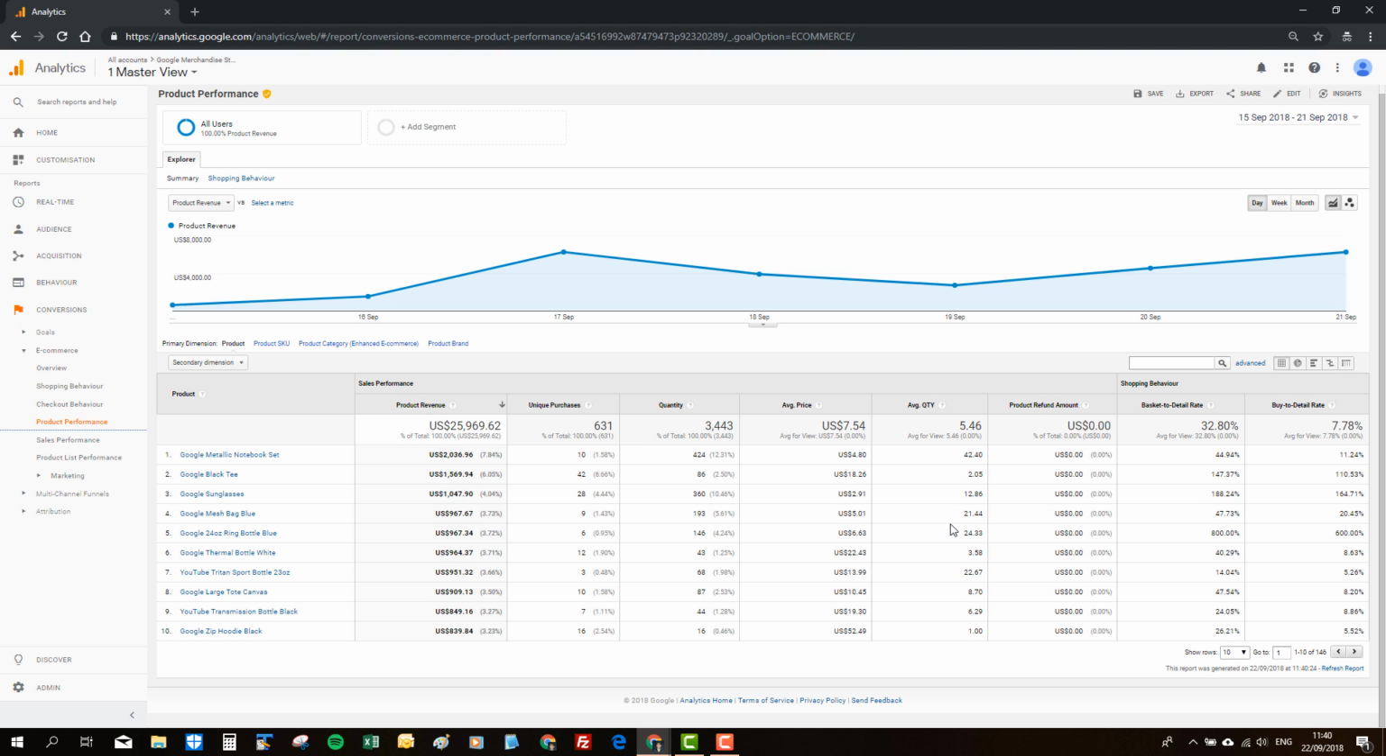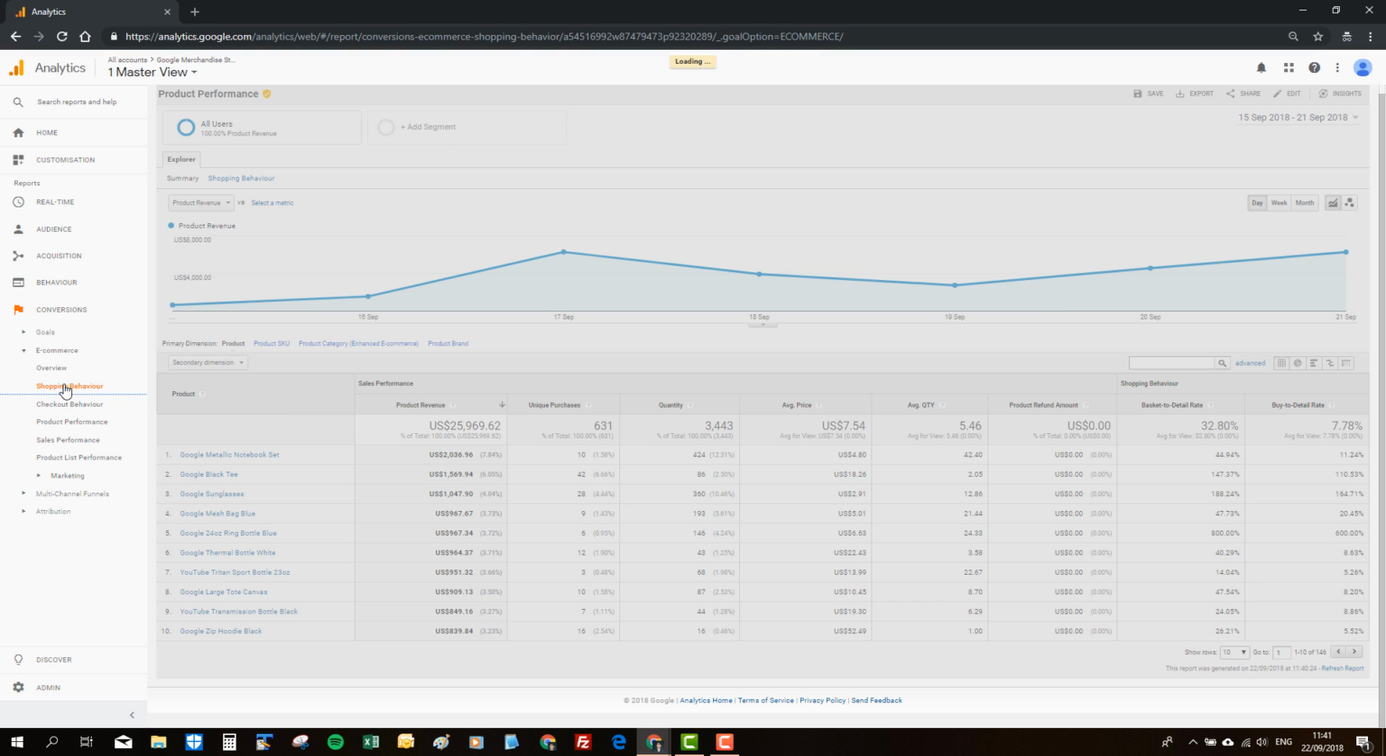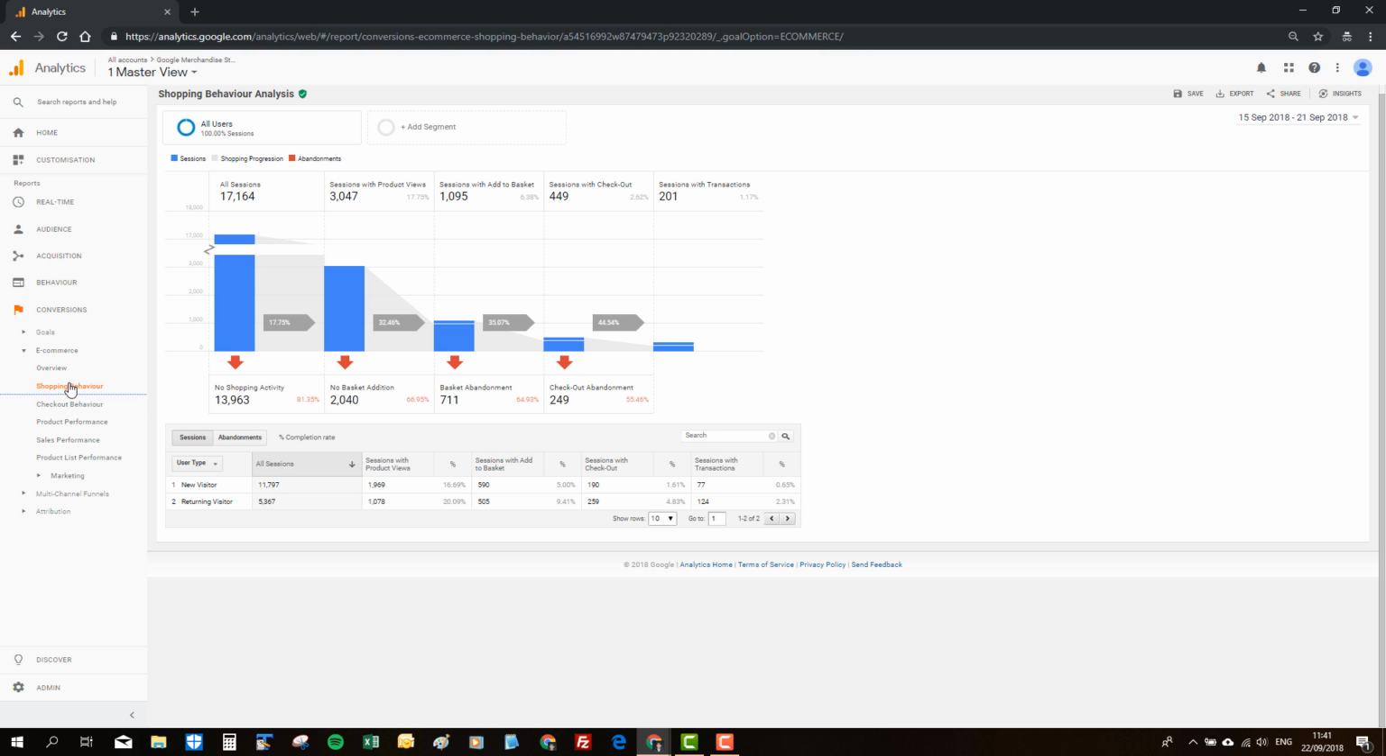Now this is for enhanced e-commerce. If you don't have enhanced e-commerce set up on your site, some of these metrics won't be available, but the product revenue, unique purchases and quantity and average price will, which are the most beneficial metrics here. The shopping behavior and refund is very much an enhanced e-commerce feature if you have that set up. Likewise with shopping behavior, it's an enhanced e-commerce feature that will give you this kind of report that shows the